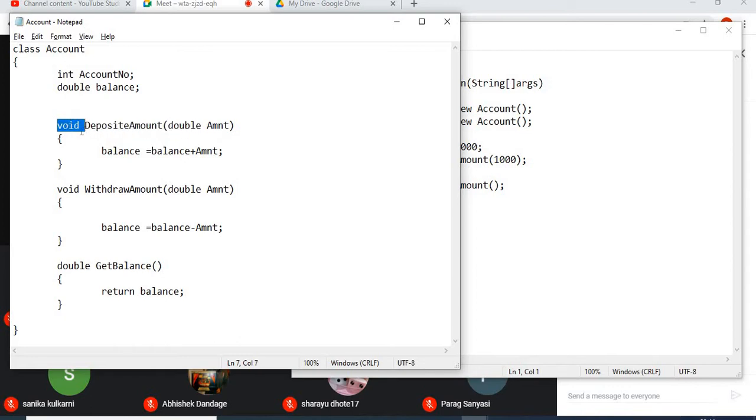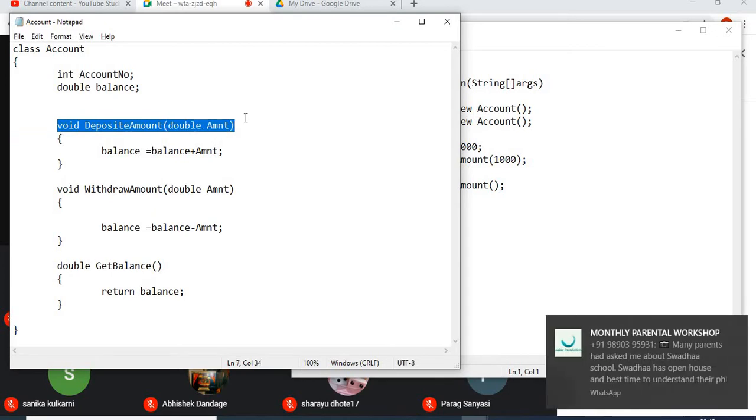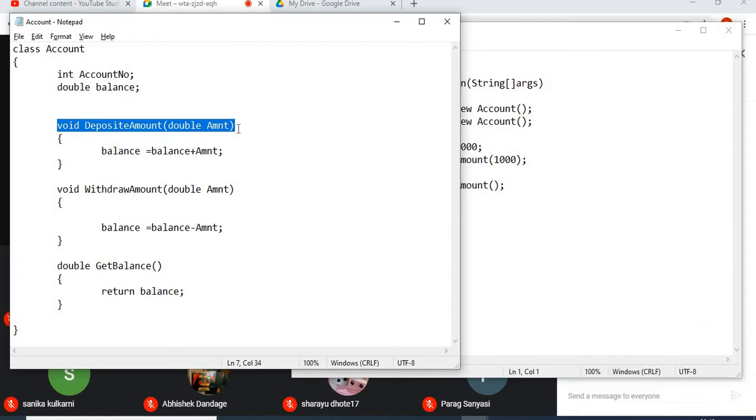So every method definition has a return type. If the method is not returning anything, then the return type would be void. But every method definition needs to have these three sections: return type, then the name of the method, and the parameter list, right? Whether the method will have the parameter list or not depends upon whether that particular operation requires any external data or not.